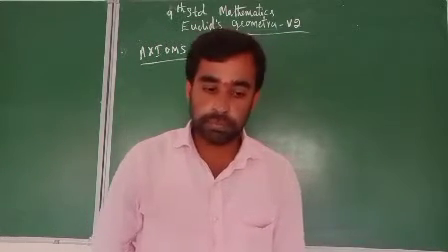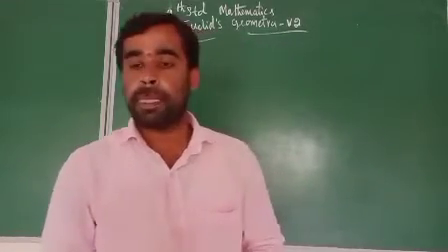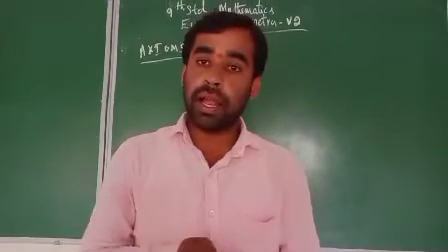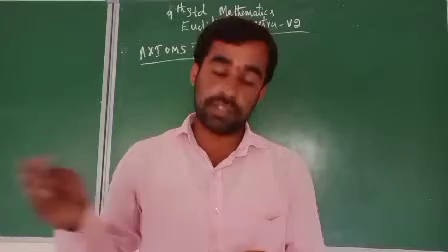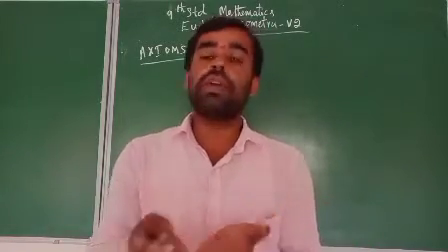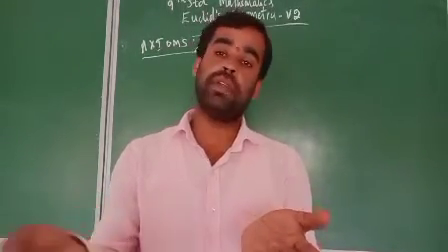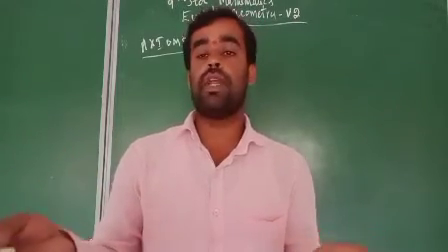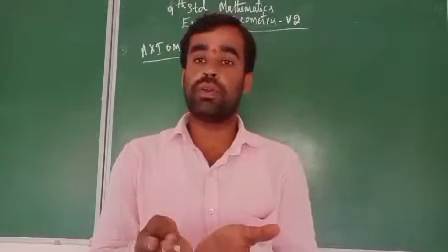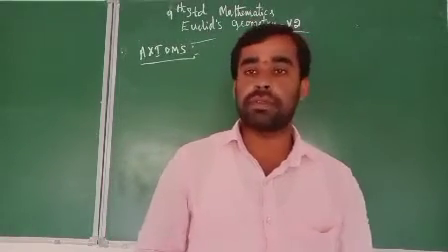For example, take the example of person A who has 10 rupees and another person B who has 10 rupees. Both are equal: 10 rupees is equal to 10 rupees. So we can easily conclude that person A has 10 rupees and person B also has 10 rupees. So 10 rupees equals 10 rupees, which is self-evident. Is it clear? This is what we call axioms. Here Euclid has given 7 axioms.